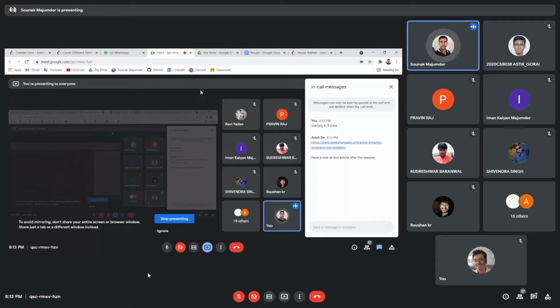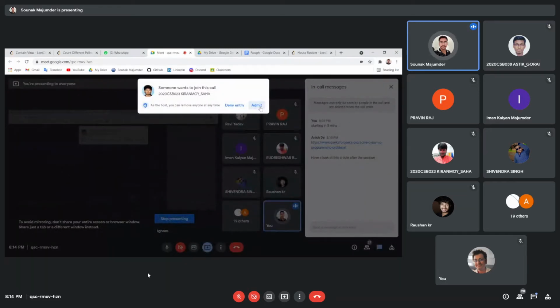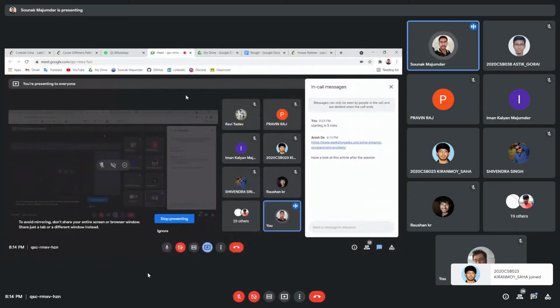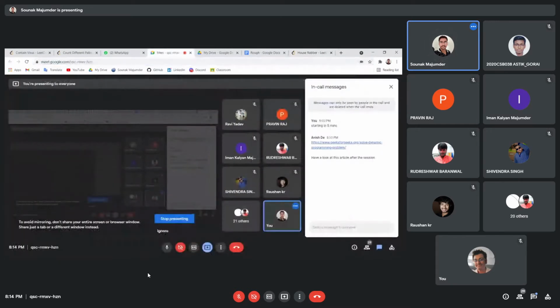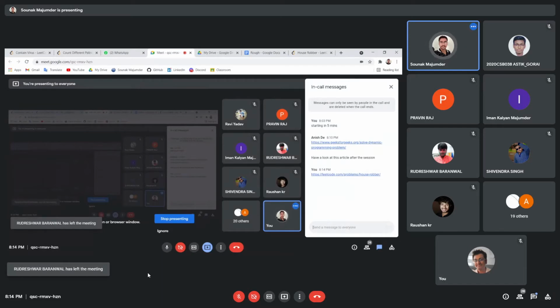So let's solve a very basic problem about states and transition functions. I will give you a link. You open that problem on LeetCode. Don't check the solution, even though the solution is there. Just read the problem, and I will give you 3-4 minutes, and you tell me what you think about the problem. You don't have to bring out the solution, just tell me what you think about this problem. I have shared the link in the chat box. You check this problem, and after 2-3 minutes, I will ask you what you think about it.